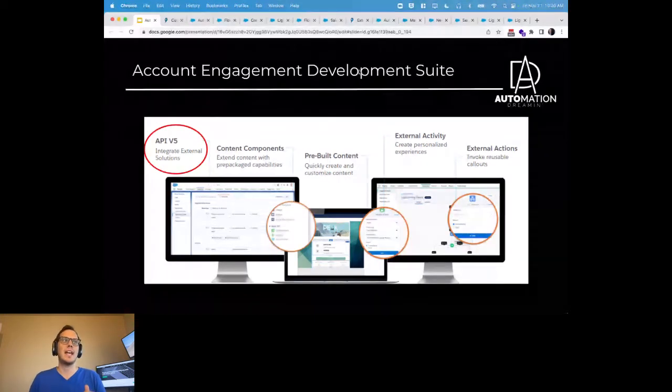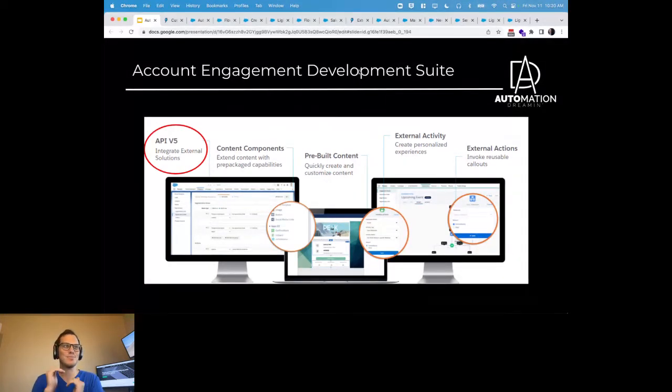So we're going to look at the development suite a little bit, just kind of high level touch at it, because again, we only have 20-some odd minutes to go through this, but we're going to highlight why the V5 integration or the V5 API is really powerful, because it's basically a way to integrate external solutions. So we're able to extend